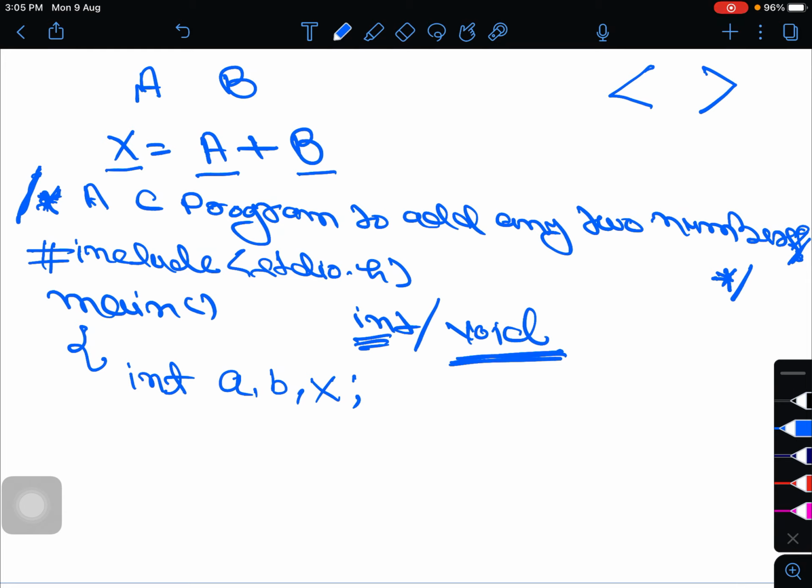Before adding these values, to add these numbers, these values must be stored somewhere in the computer memory. So the variables a and b will store the values of a and b in the program before performing the sum operation.